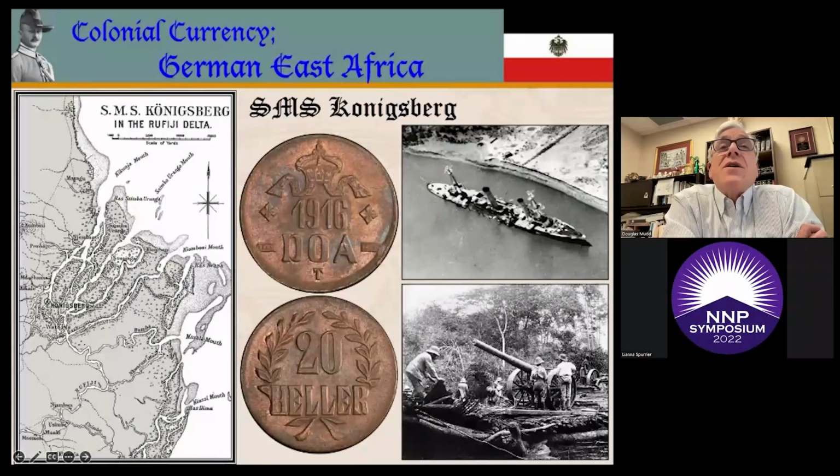The Königsberg retreated further into the delta to repair her engines, but before the repairs could be completed, the British cruisers located her and, unable to steam into the river to destroy her, set up a blockade. After several attempts to sink the ship during the Battle of the Rufiji Delta, where the British sent troops up the river and had to fight against machine gun nests and artillery emplacements, the British sent 2 monitors from England.